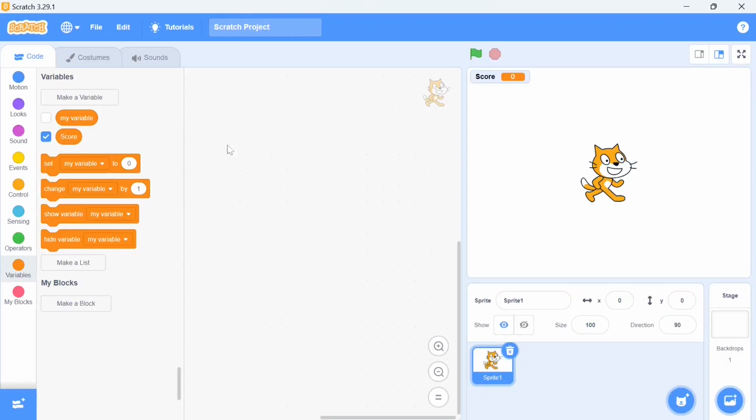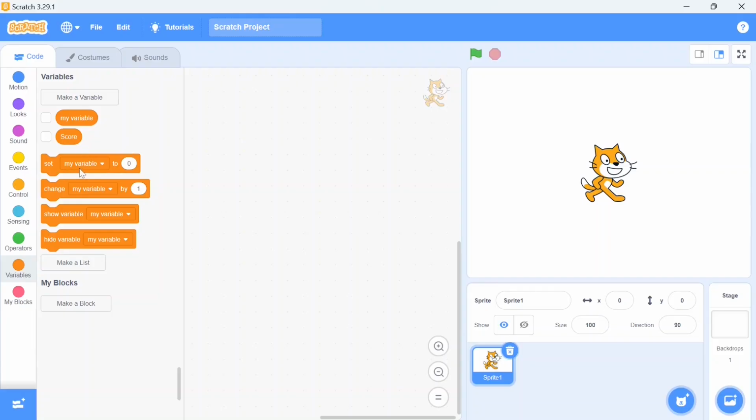Now you will see my variable is created and on screen my variable is also visible. Why is it visible on screen? Because you can see the checkbox is already ticked. And there is another variable already present by default, my variable, and when you click on this checkbox you will see this variable as well on screen. You can see there are two variables present on screen. If you want to hide them, you need to uncheck them. So now you can see they are hidden right now. They are created but they are not visible on screen.